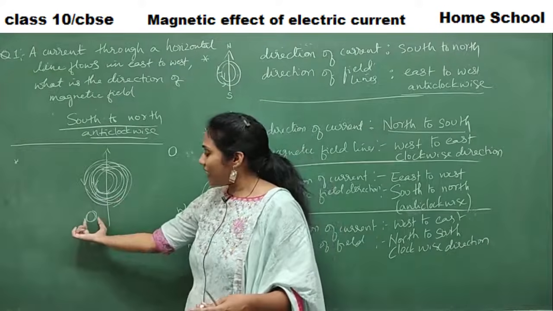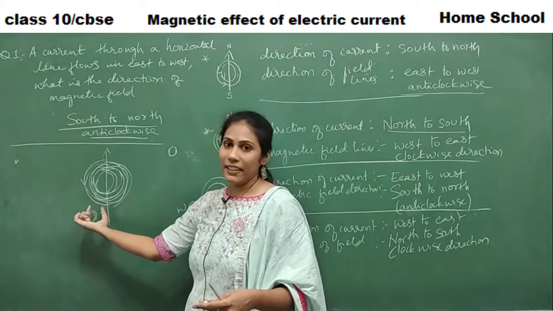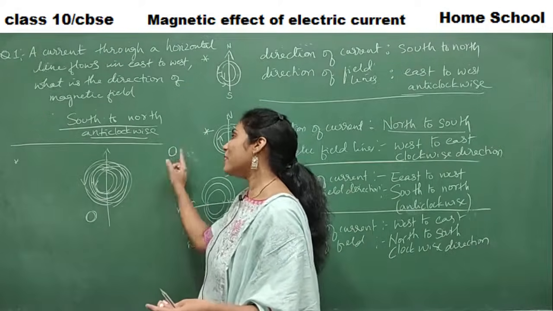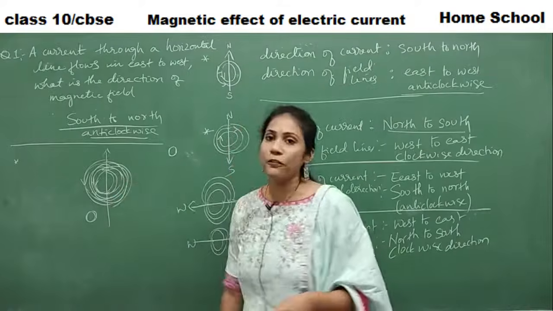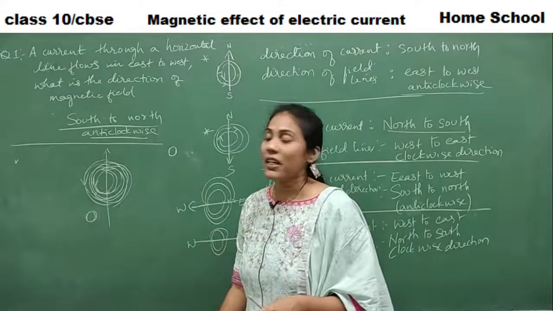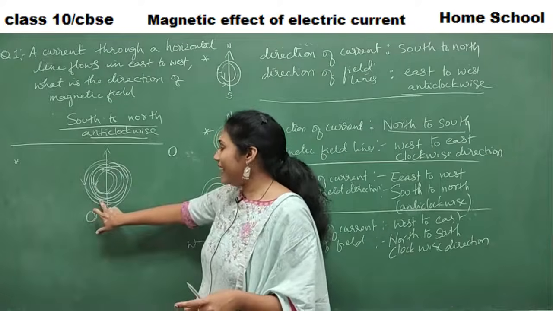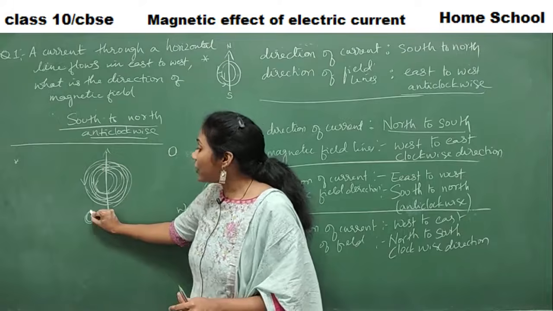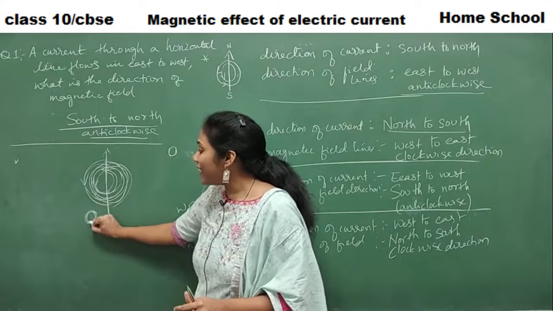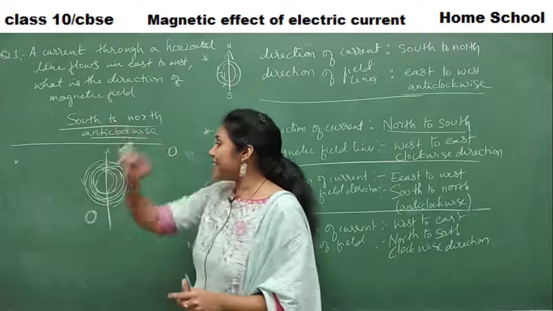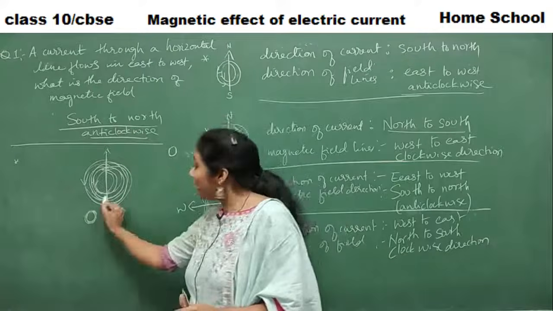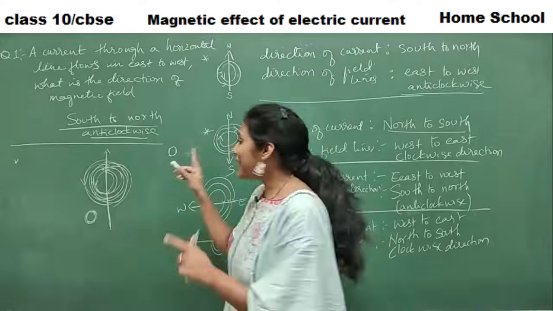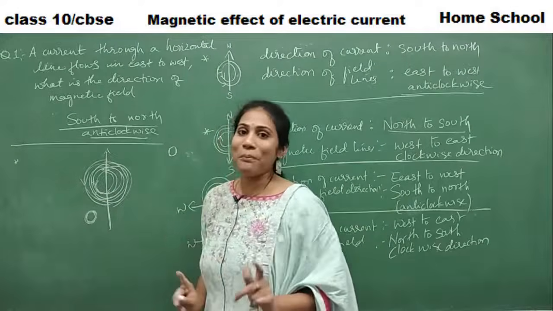Definitely the object that is placed very near to the conductor, right? The object which is placed very far away from the conductor will not experience this magnetic field because it's very far. If the object placed very near to the conductor is made of iron, it can experience this magnetic field. It can go near to the conductor because the magnetic field is there, right? So this point is very, very important.